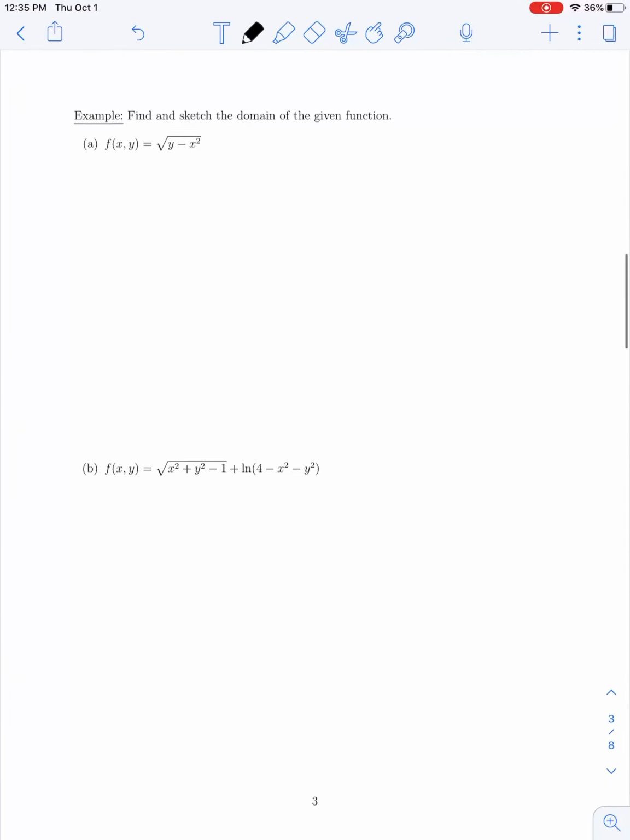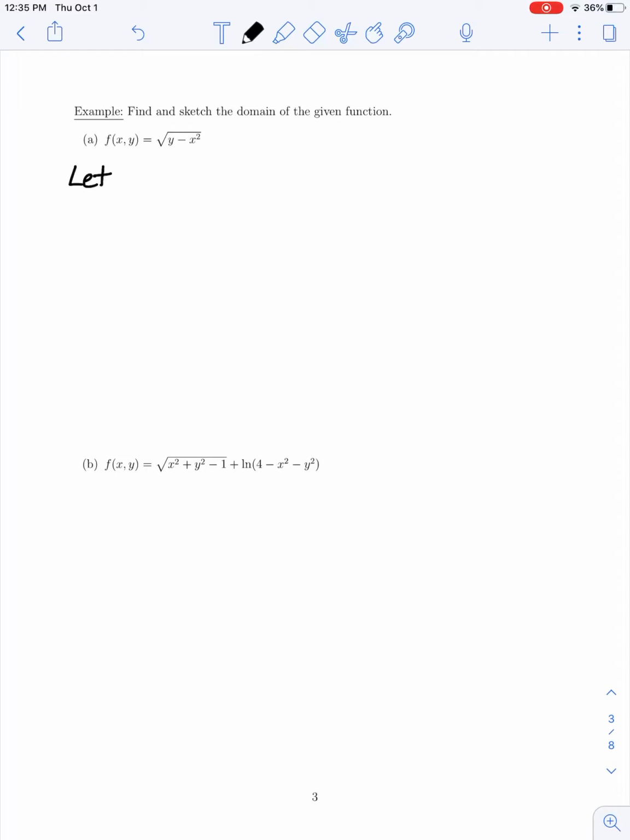So let's look at some other examples. In this next example, we're just going to be concerned with determining the domain of a function. So here we are asked to find and sketch the domain of each function. And in part A, we have the function f of xy, which is defined as the square root of y minus x squared. So as we had for our earlier example, in order for this function to be defined as a real number, the expression under the square root, that is y minus x squared,